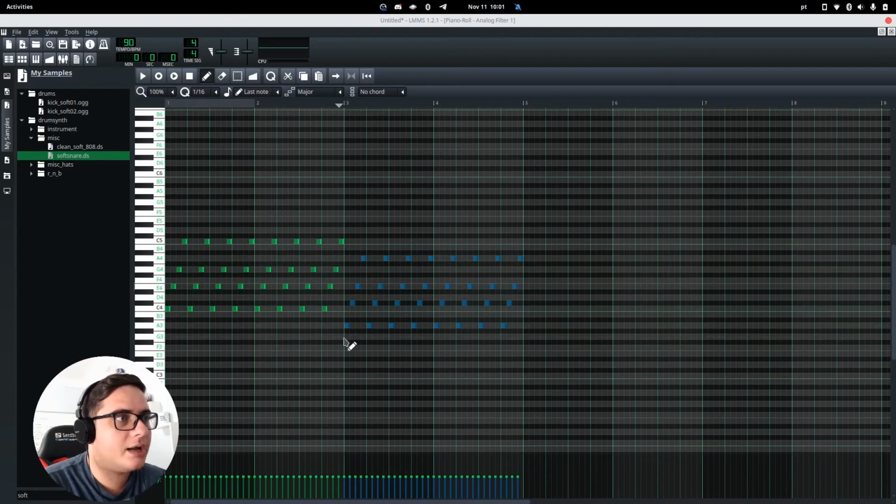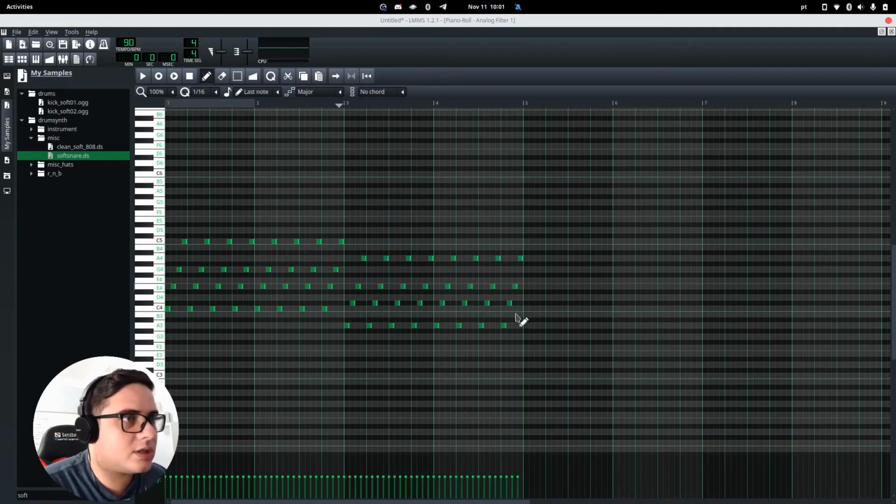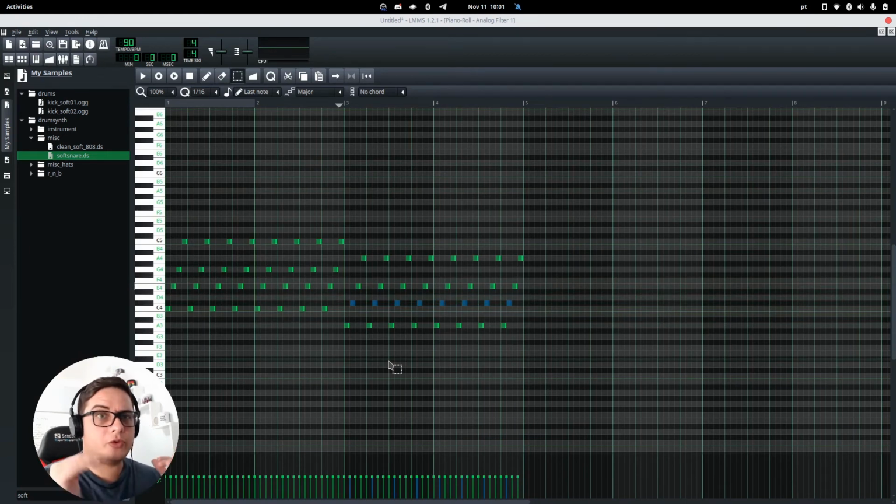This is because we used a major chord for the C major, but on the C major scale, the A note is actually minor. So what we are going to do is to move all of these notes, the thirds here. A third is the third note after the root that we are selecting. So our root here is A, so we are going to select 1, 2, 3. So the right third of the A minor chord is the C note. So if we play this,